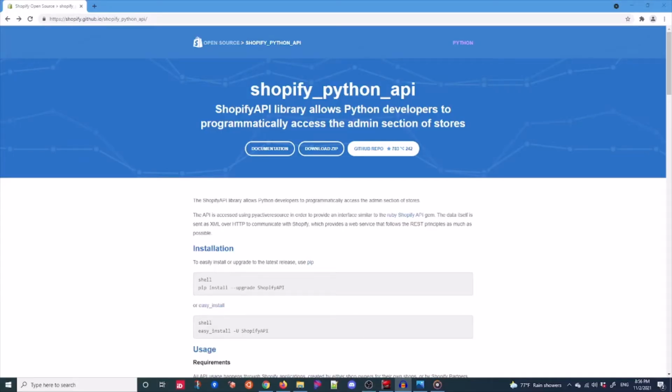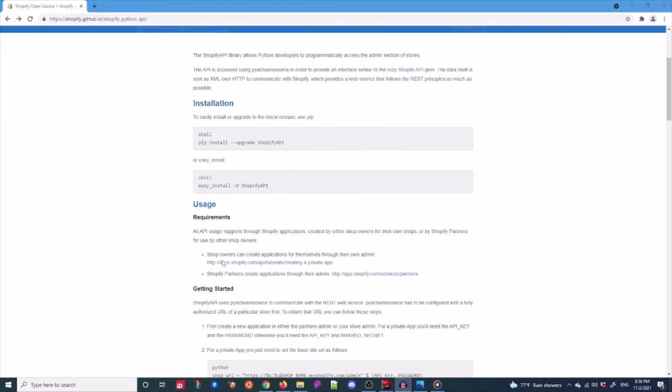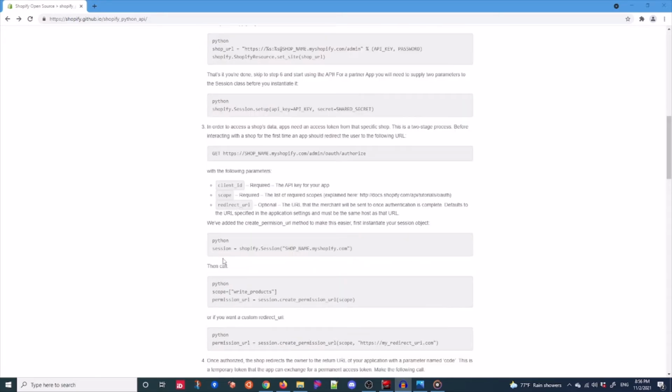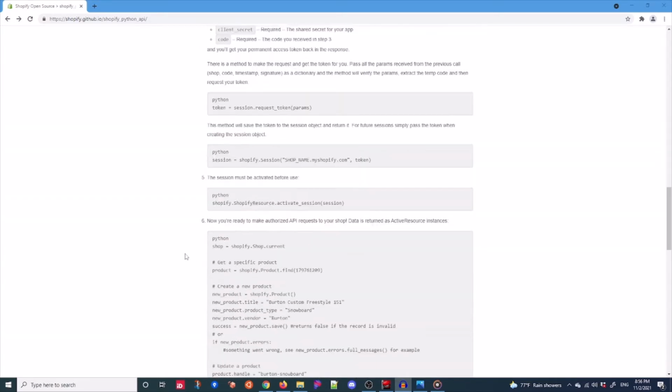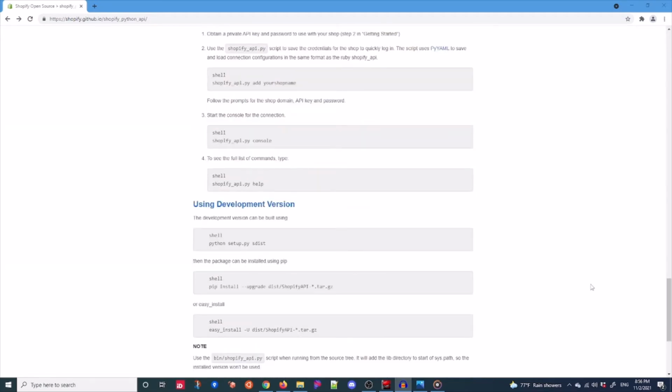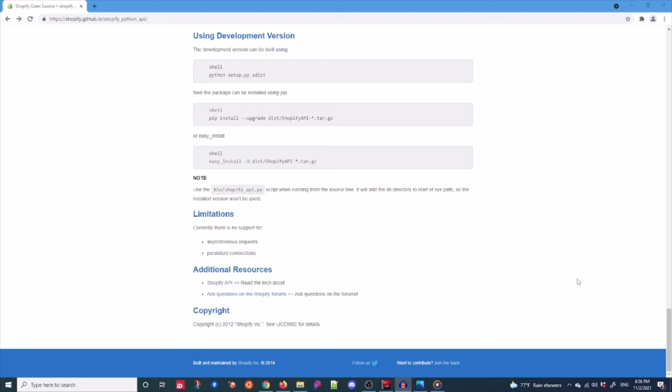Next, we have the Shopify Python API. This is a library that will allow Python developers to access data in the admin area of a Shopify store. Shopify is one of the most used e-commerce platforms on the internet today. For clients that already have a Shopify store, the Shopify Python API could help you unleash the power of Python